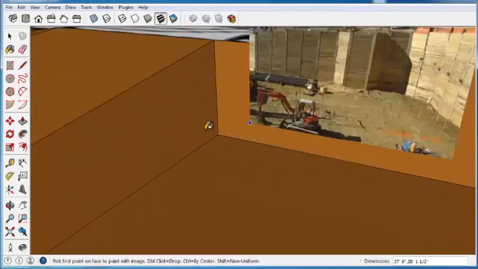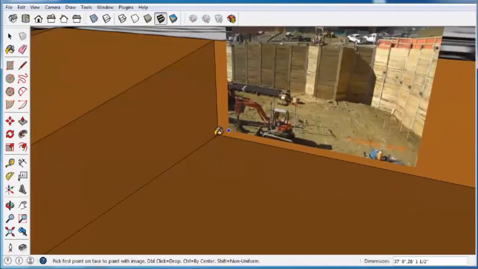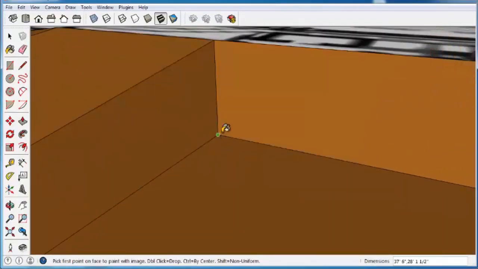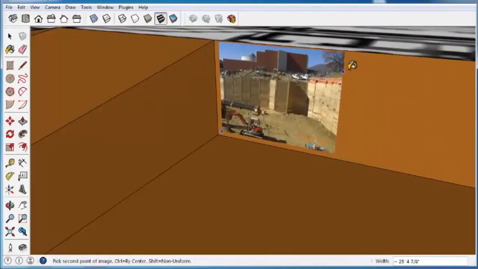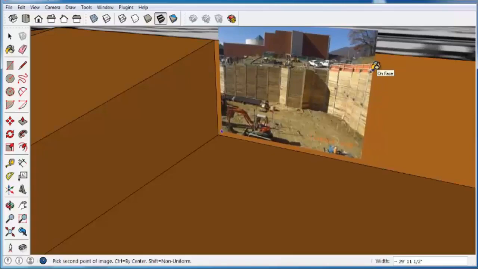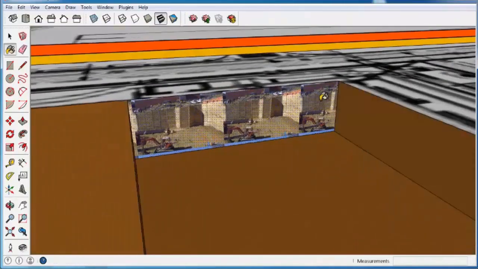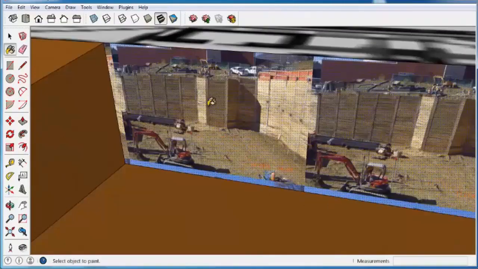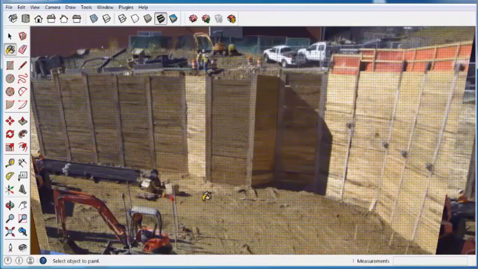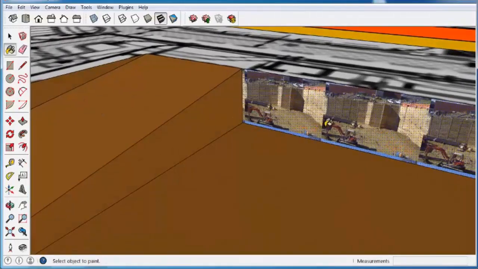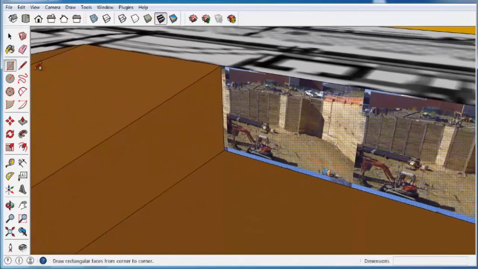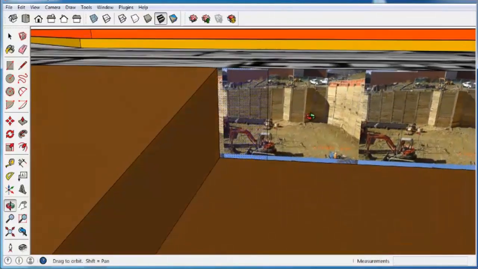And what SketchUp is doing, it's looking for me to apply it to a surface. So in this case, the shoring is going to go right here. I'm just going to bring it in. Doesn't really matter what scale it comes in, because you notice here that it applied it to this entire side. But really all I'm interested in perhaps is just this piece right here. I'm going to use this to texture the entire outline of the pit. So I'm going to go ahead and just draw a shape in there. Okay, I'll right click on that shape or that surface,